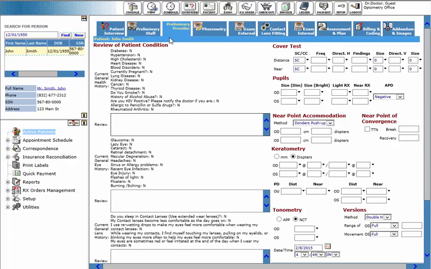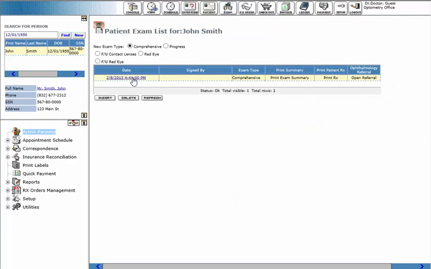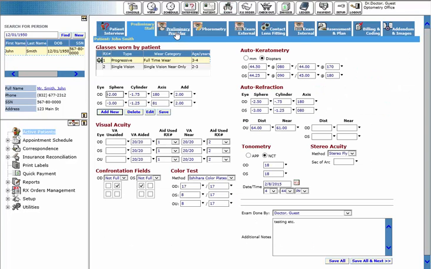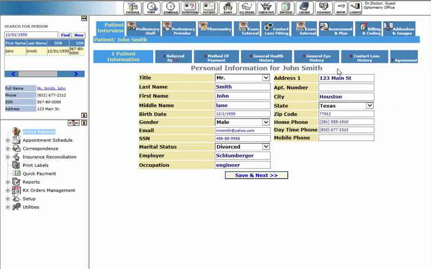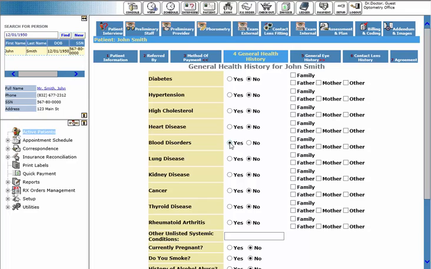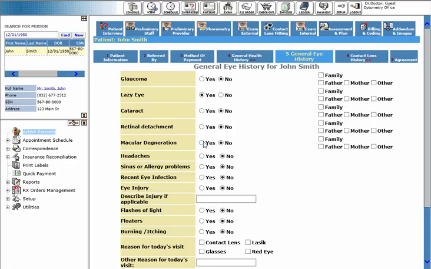This tutorial will show you how to enter examination information for the provider. You can reach the provider screen by clicking Exam, the date of the exam, and clicking the provider information page. This is going to show you the history that was obtained during our interview, and it's represented here at the patient interview page, the general history. If they've highlighted any kind of conditions for their eye or general health, it will show up